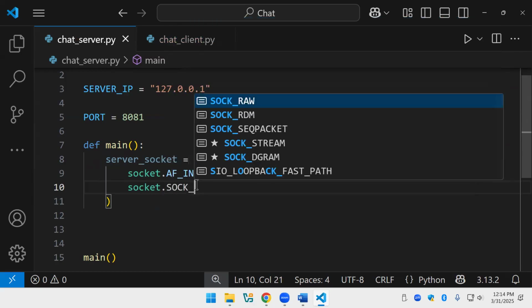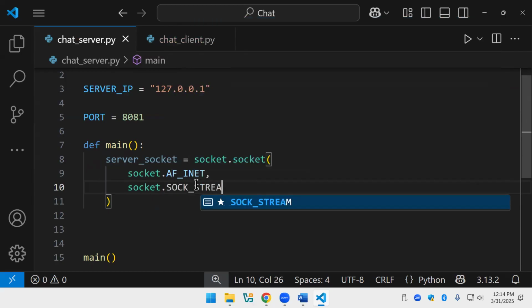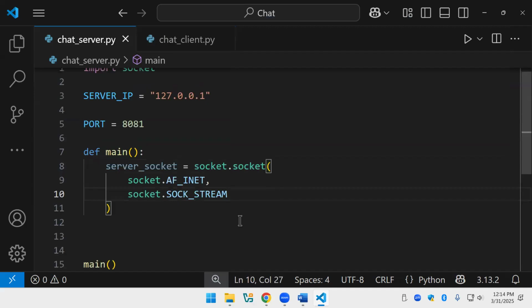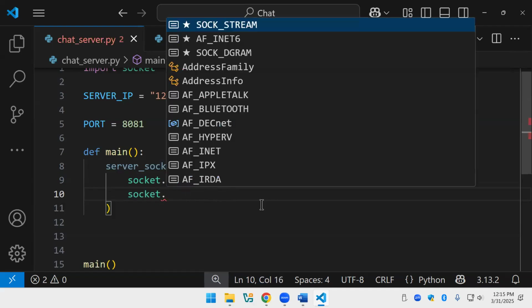socket.SOCK_STREAM. Does anybody remember what SOCK_STREAM is or means or anything about it? SOCK_STREAM means that it's a TCP connection. I can't remember what UDP is. I think it's this one. Yeah, SOCK_DGRAM. Because a